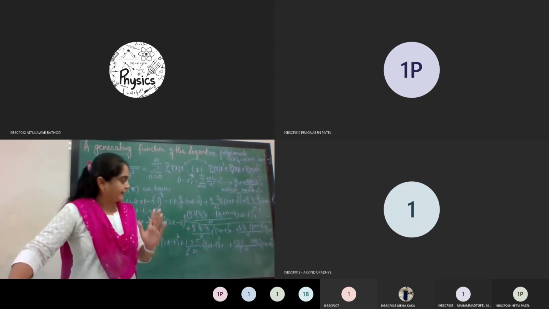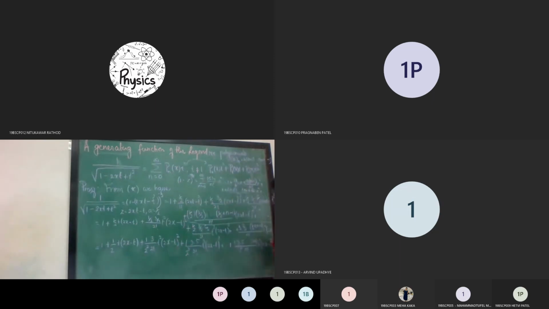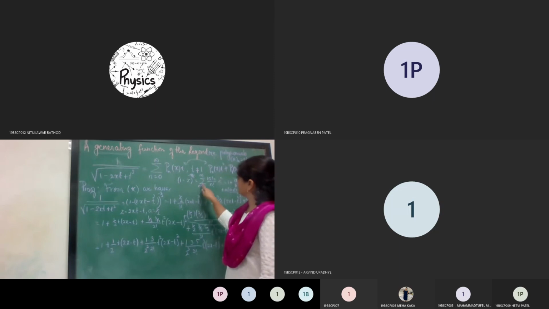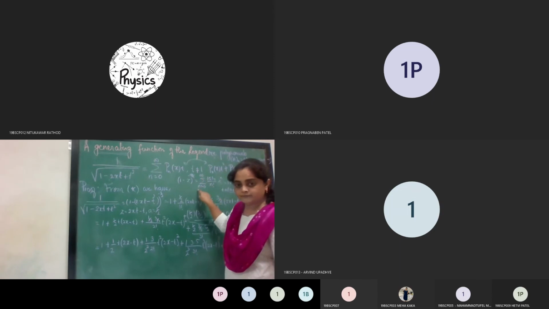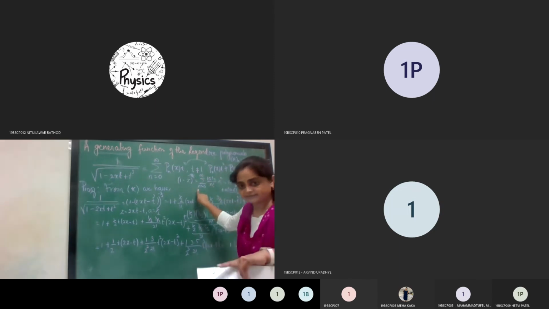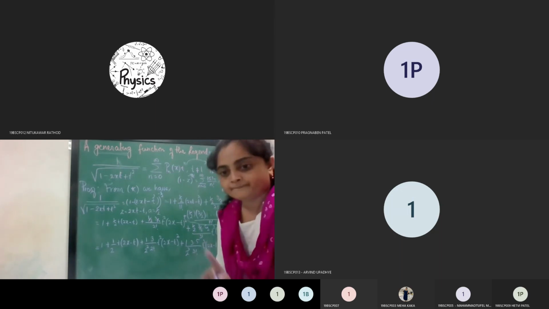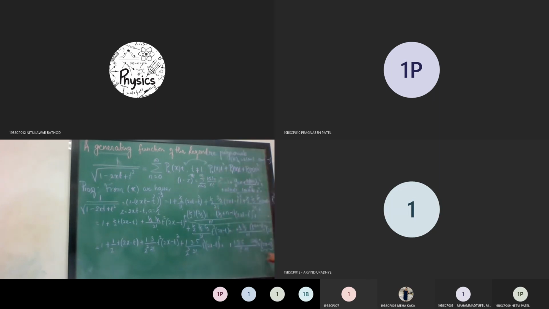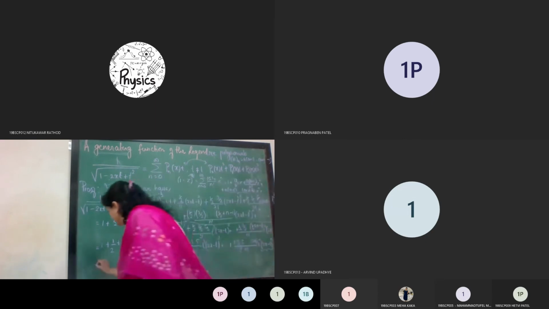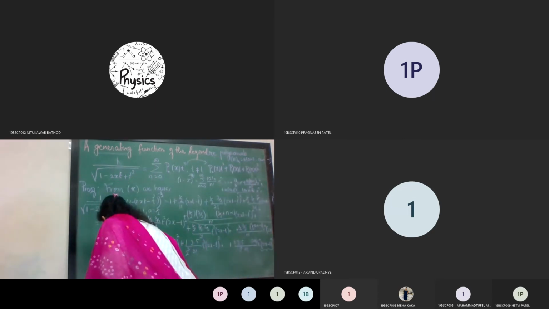What it would be, right? Here, since n is a positive integer as well as 0, what is n? n is nothing but the summation index, 0 to infinity, meaning it is 0 as well as a positive integer. Therefore, I can expand this factor using the binomial theorem, right? And what it will be if you expand this using the binomial theorem, I am writing it over here. It is just 1 by 2t, (2x minus t).